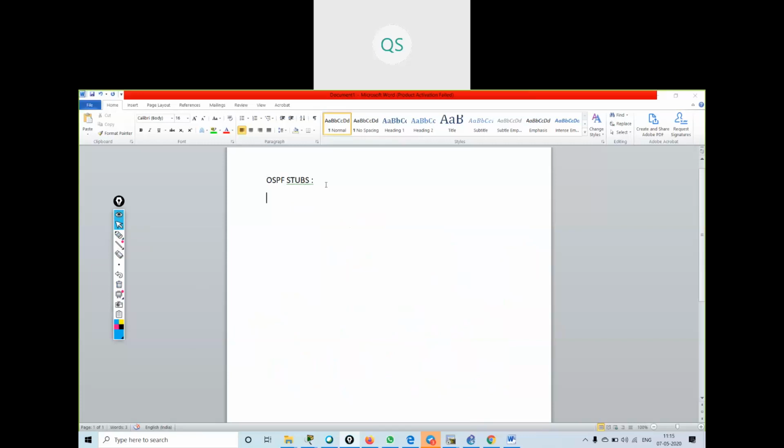Okay, so we will see some points. Stub reduces the size of the routing table.